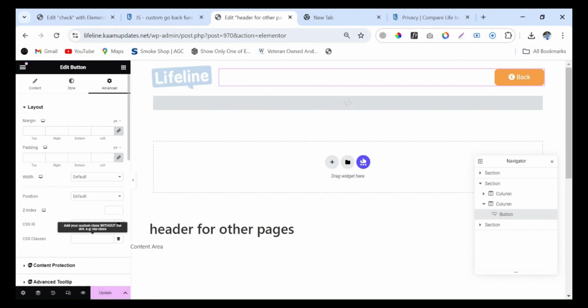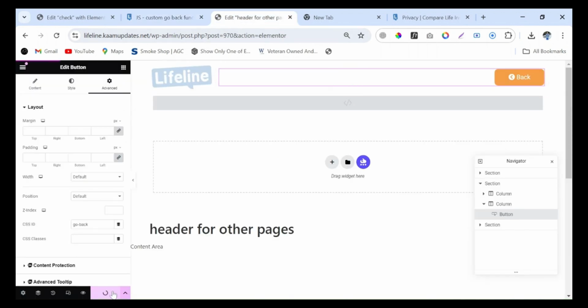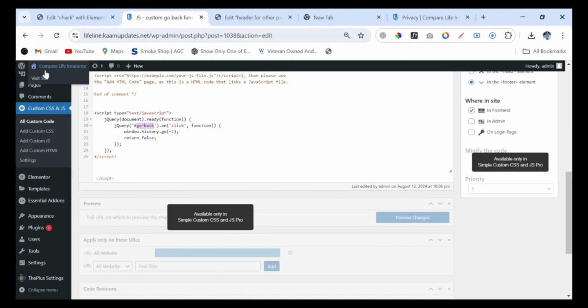Simply copy paste. This is the same ID which is used in this jQuery function. Just save it. And now you will see the result.